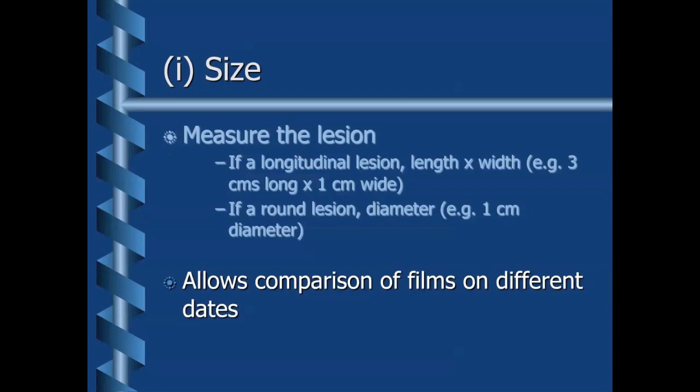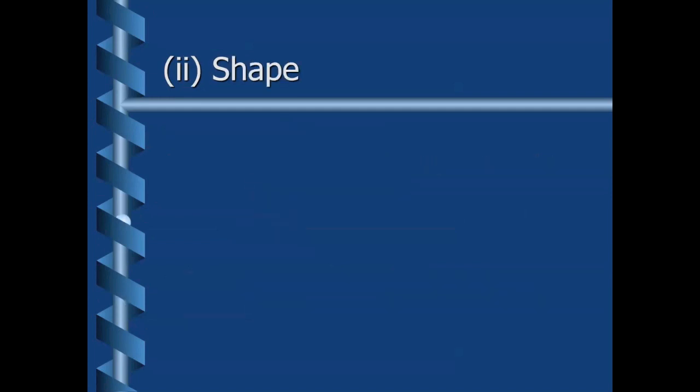Now this allows comparison of films on different dates. So for example, if you did have a bone tumour or a soft tissue tumour, you can actually measure the growth of the lesion, whether it's increasing or decreasing. And remember, if the X-rays have been taken appropriately by the radiographer, there shouldn't be any magnification, so there should be no change, relatively speaking, between an X-ray taken in 1 week compared to an X-ray taken on another week or another time. The shape,